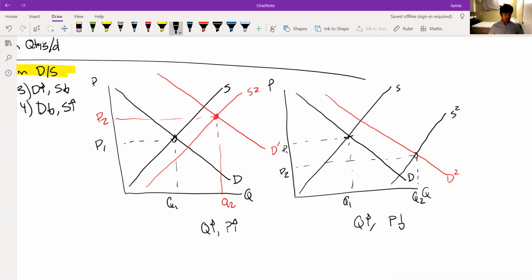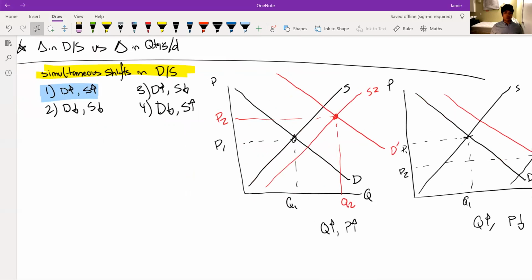So in both scenarios, quantity increases, but the price in that market is ambiguous. You don't know exactly what happens. It depends on the magnitude of the shifts. And so each case, 1, 2, 3, and 4 will have a similar result. For example, 2 off the bat is going to be the exact opposite. So if supply and demand decrease,